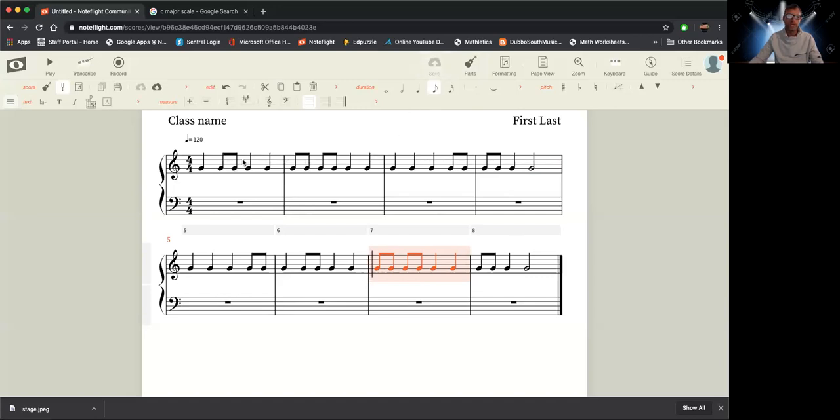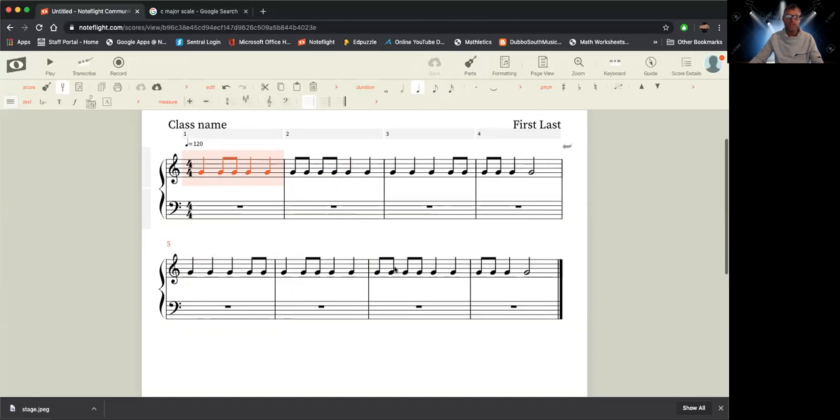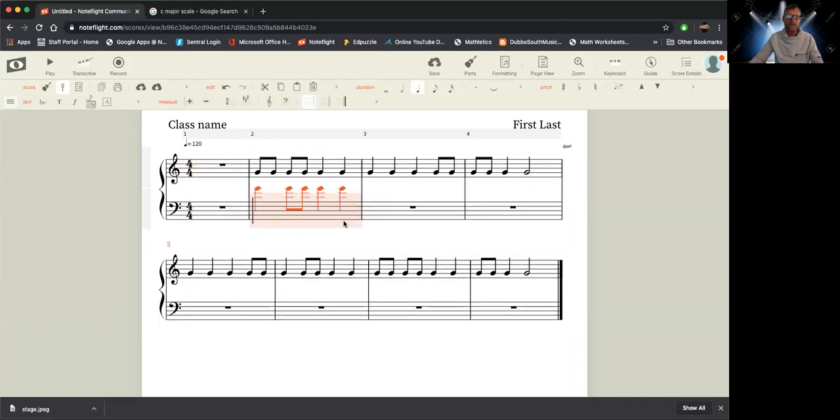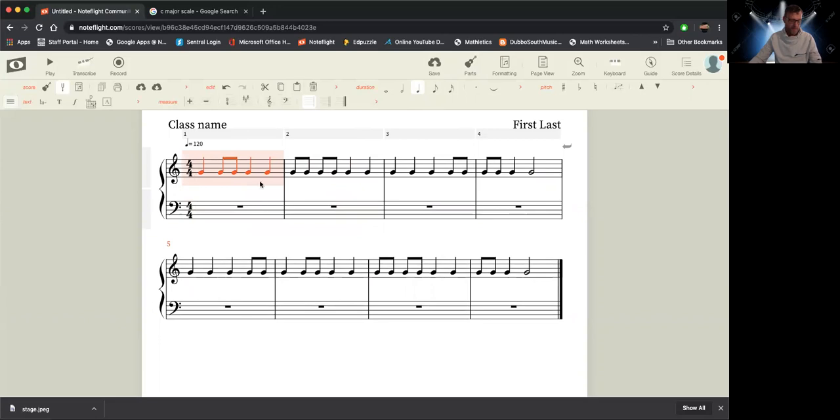Just remember, click in the middle of the bar. Sometimes if you click on the note, it'll just take that note, and if you copy it, it'll just copy that note. So I just go to the middle of the bar, okay, and it will copy all of that out, and then just paste it into somewhere different. So if you do drag this, what it does is it drags it around and moves it. If you accidentally do that, I'm pretty sure if you hold down the shift key and drag it,